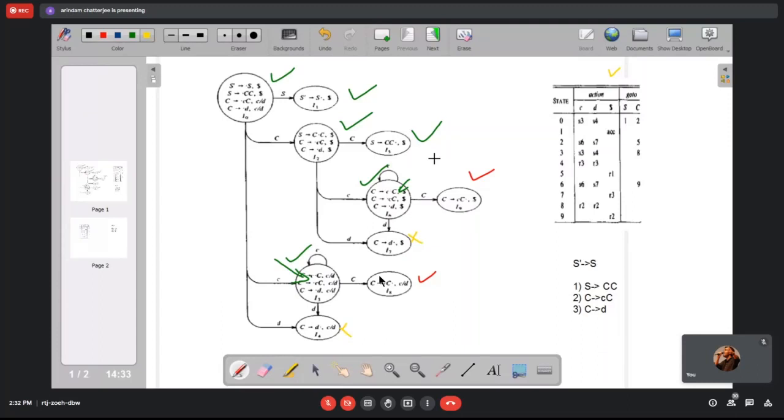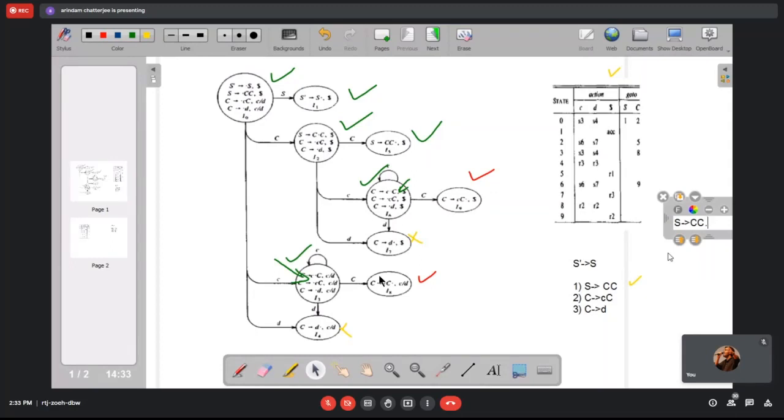For example, if we had a rule S producing CC, and a state with the item S producing CC dot, then we call for the reduction, and if the rule number is 1, that entry would be R1.